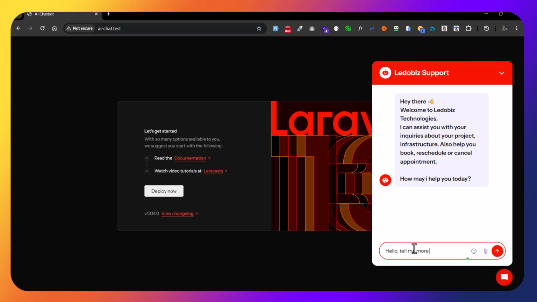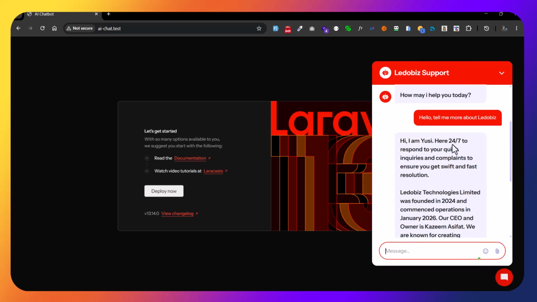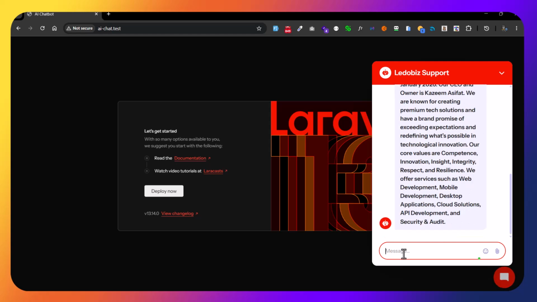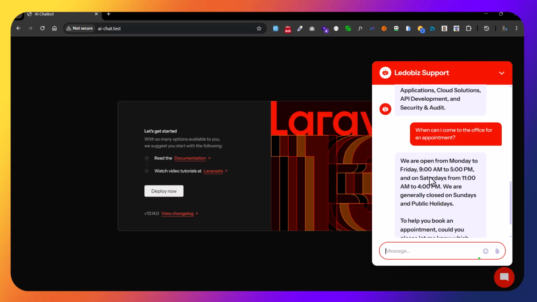Hello everyone. Today we'll be creating a chat support system in Laravel using AI. And the AI we'll be using here is Google Gemini. Now think of this like,